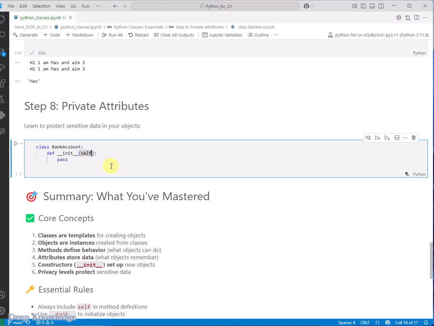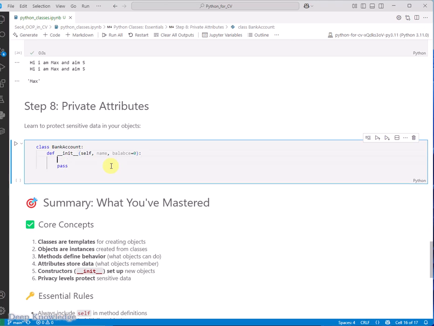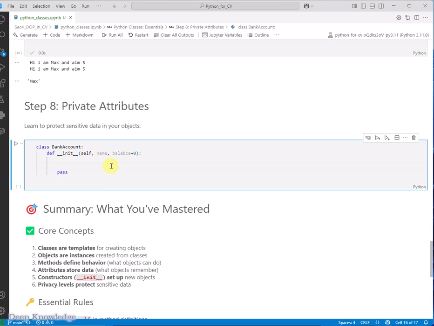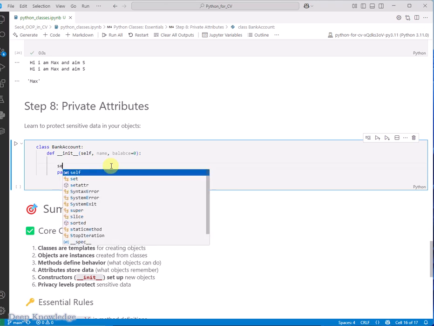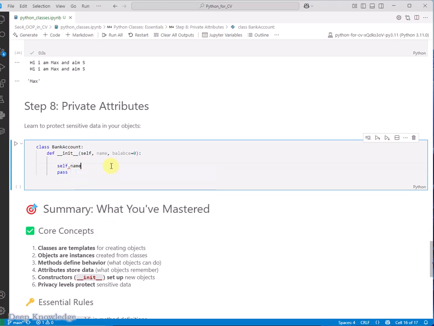Which information do we need for the bank? We need a name, and we might need the balance, and let's start the balance with 0. When you open an account, the default is 0. And now here I have self dot name is equal to name,